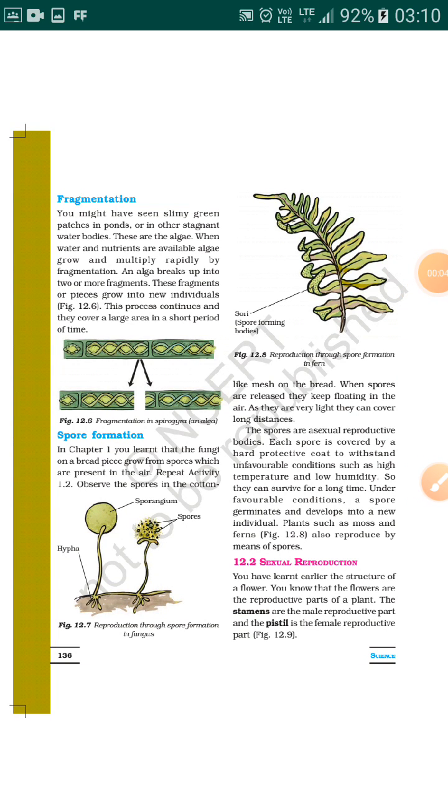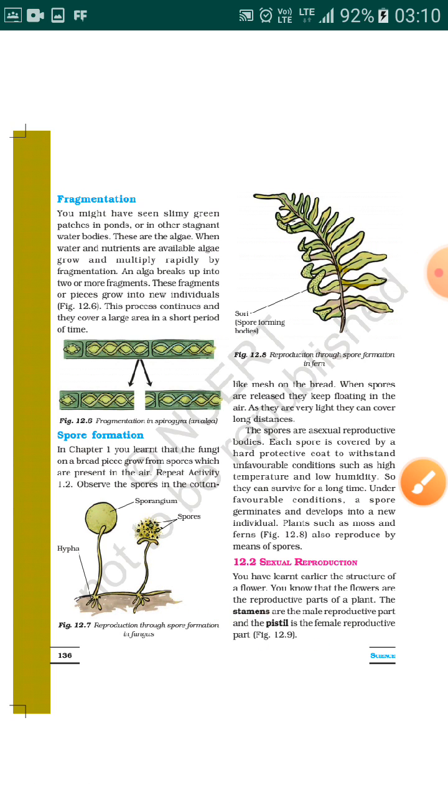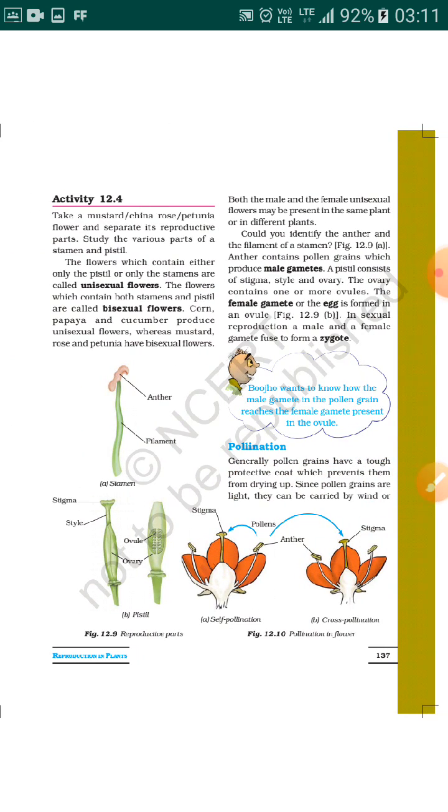Good morning, students. Today we will study sexual reproduction in plants. We all know that the flower is considered to be the sexual part of a plant, which comprises the male reproductive part, that is the stamen, and the female reproductive part, that is the pistil. So let's get started and study in detail about stamen and pistil and how fertilization takes place in case